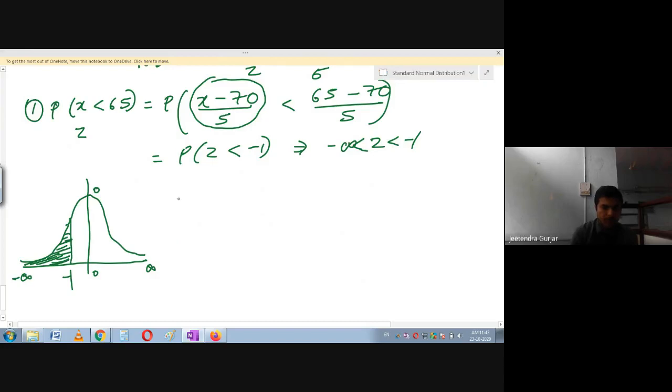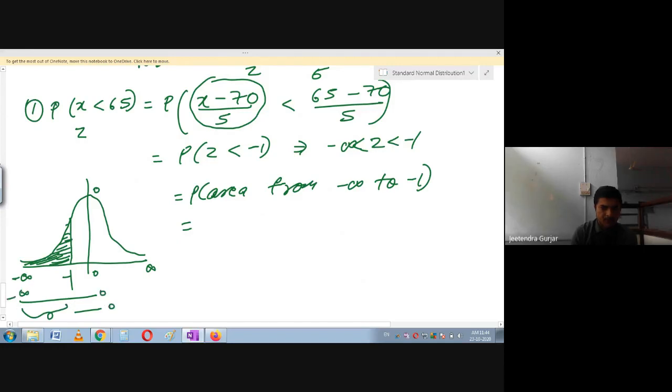So minus infinity to minus 1 I have to calculate, means this full area you have to calculate. So how are you going to take it? This is the probability of area from minus infinity to minus 1. Means how will you simplify now? I'm going to take this full area and then subtract this, so that I get this area. So I'm going to take 0 to infinity and then 0 to minus 1. I will subtract this much. I will get this area. So please tell me the answer, students.